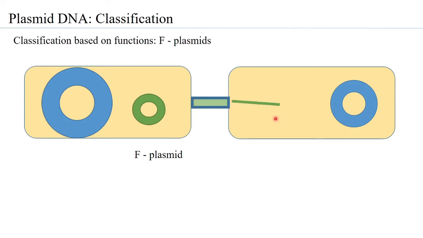that does not have the F plasmid, and then eventually this DNA will circularize to form the closed circular F plasmid. So what happens is that the F plasmid has enabled a bacteria that did not have an F plasmid now to have an F plasmid, simply because it was able to transfer a copy of this plasmid to the other. So this process is actually what is termed conjugation.